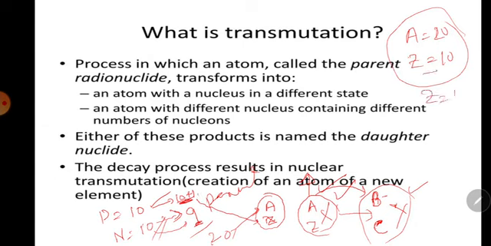So the charge number increases because the number of protons increases, and the number of protons increases and neutrons decreases, so they will compensate each other. So the atomic mass number will remain the same. So when the emission of beta particles takes place, the atomic mass number remains the same and the charge number increases by 1.